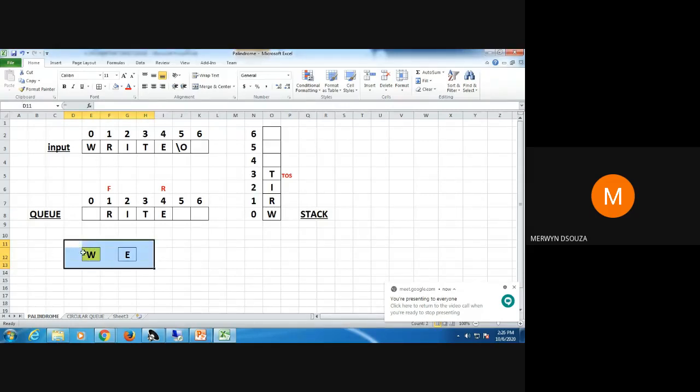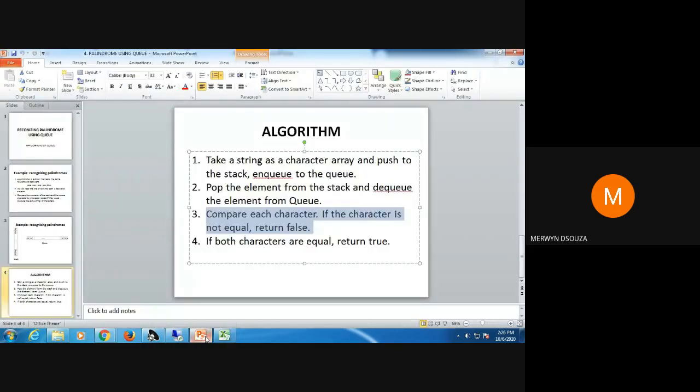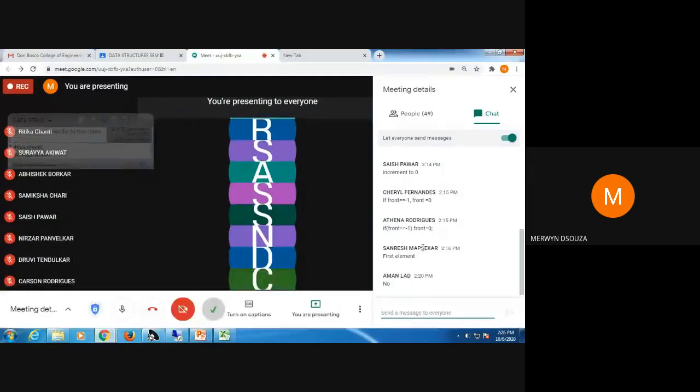If the comparison gives you equal, then you continue with the DQ and the pop. But if it gives you a mismatch, then you declare that it's not a palindrome and stop. And after dequeuing and popping, if you get the queue empty and stack empty, then you declare that it's a palindrome. I hope you have understood how it is working.